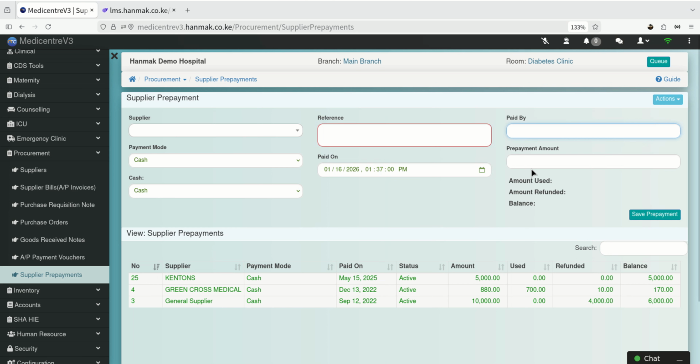So this is how the procurement module aims to make sure that you don't lose your stock, especially when you're procuring these items. And also, the procurement module has its own set of reports: the supplier aging schedules, the pending supplier bills, all of that, which will also be shown to you